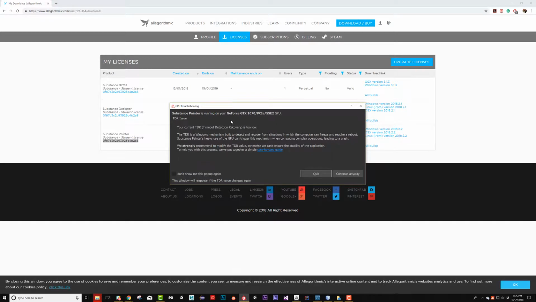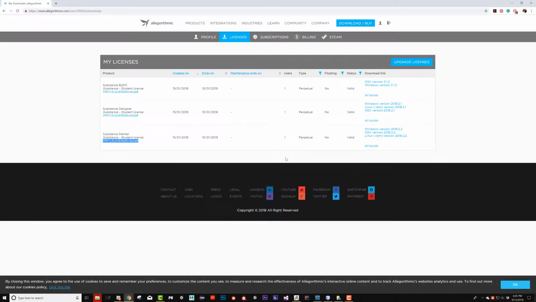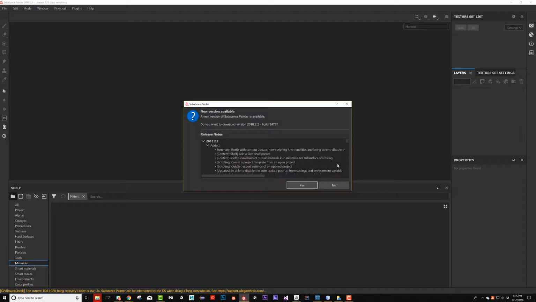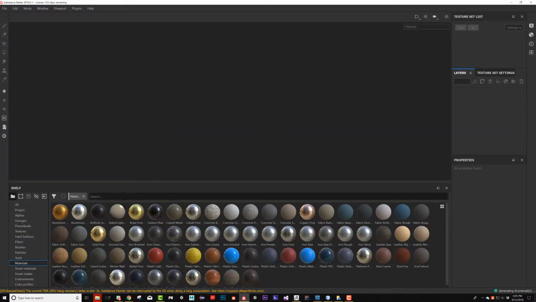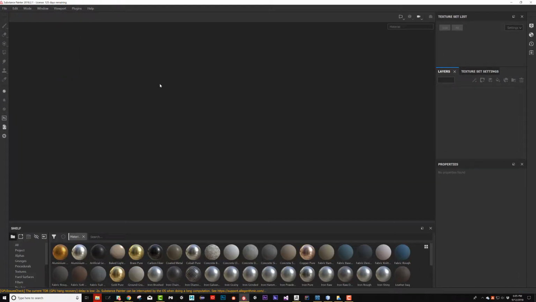Alright, so I went ahead and double clicked the Substance Painter thing. You're going to get a bunch of these errors. It says you're running, this is your video card. Just hit continue anyway and update all that stuff later if you need to. And I don't want to download the newest version just yet. And you can see I have a bunch of really cool stuff. Let's go ahead and go up to window, reset UI, so we're looking at the same